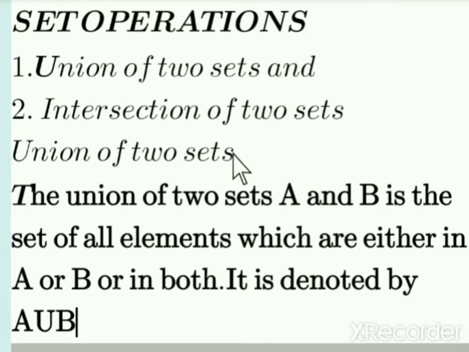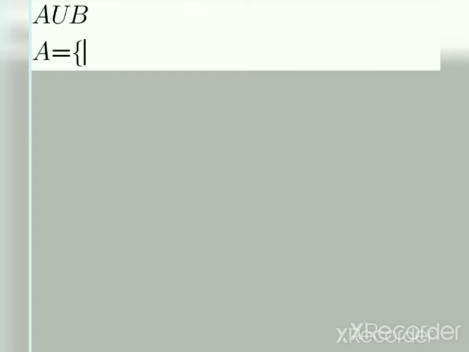Union of two sets A and B is a set of all elements which are either in A or in B or in both, and it is denoted by A union B, and this U symbol is called union. Let us consider A is equal to 1, 2, 3,